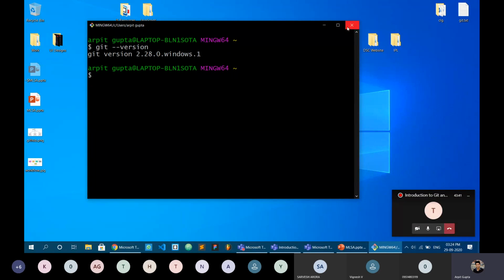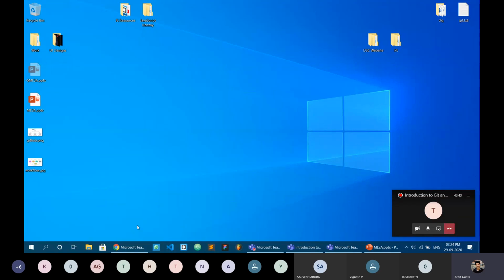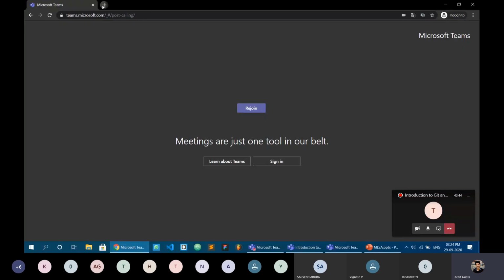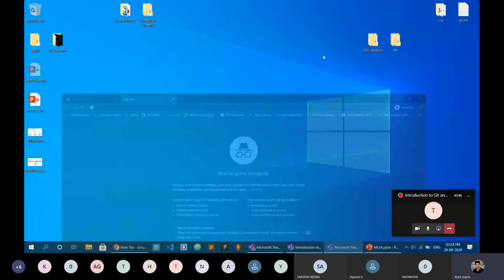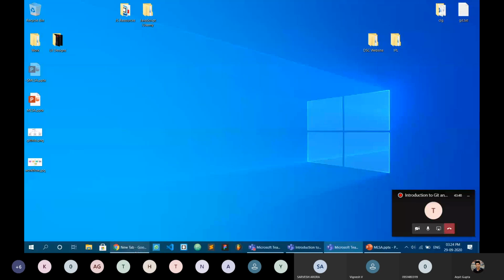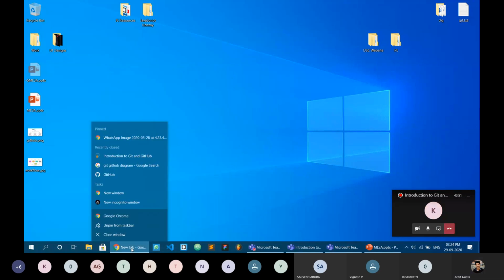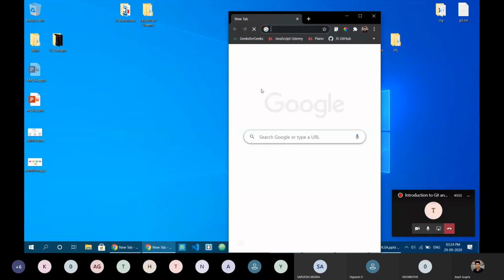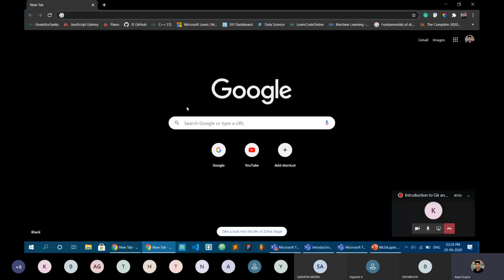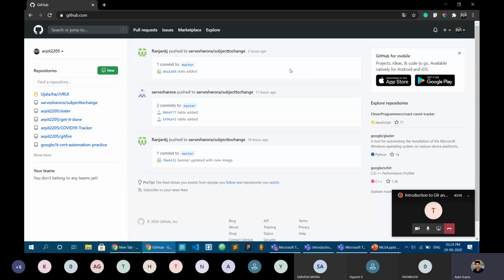Okay, so now let's create a GitHub repository. Let's go to github.com now. I will create a new repository, and then I will show you by running all the commands which I told you till now.